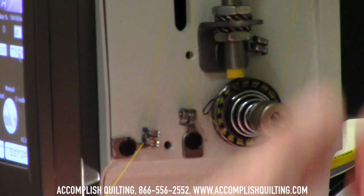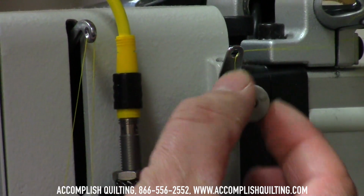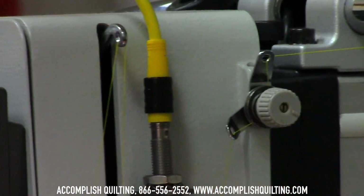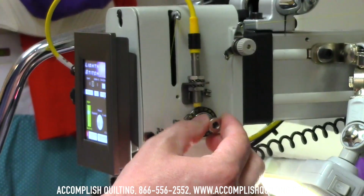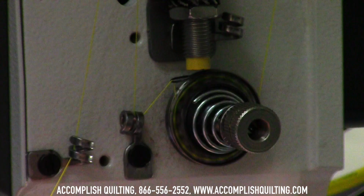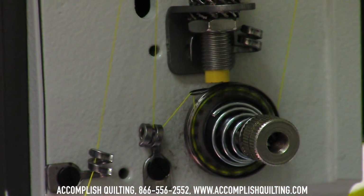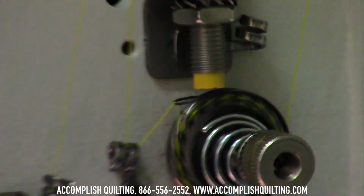So the first thing we want to do is loosen completely the tension assembly up here. This is the one that we actually tell you never to mess with. Completely loosen your tension assembly until you can pull the thread through, and you can almost see it's going to fall off here, but you can consistently pull your thread without moving your check spring